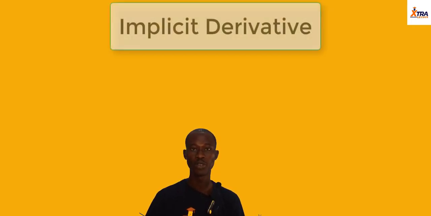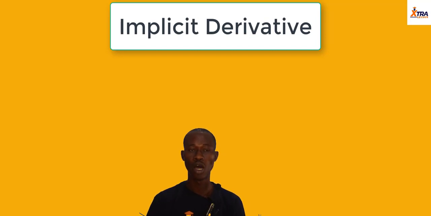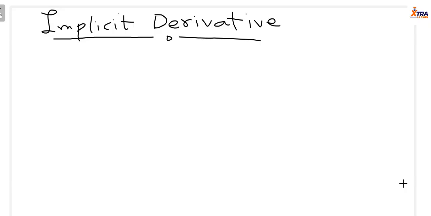So in this class now we are looking into implicit functions. So now let's explain what implicit functions are, and we solve questions on that. Now implicit functions are of the form